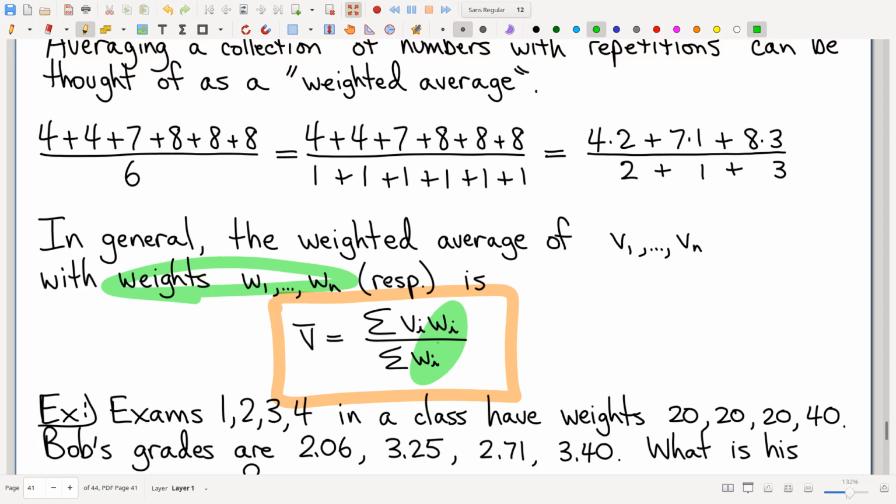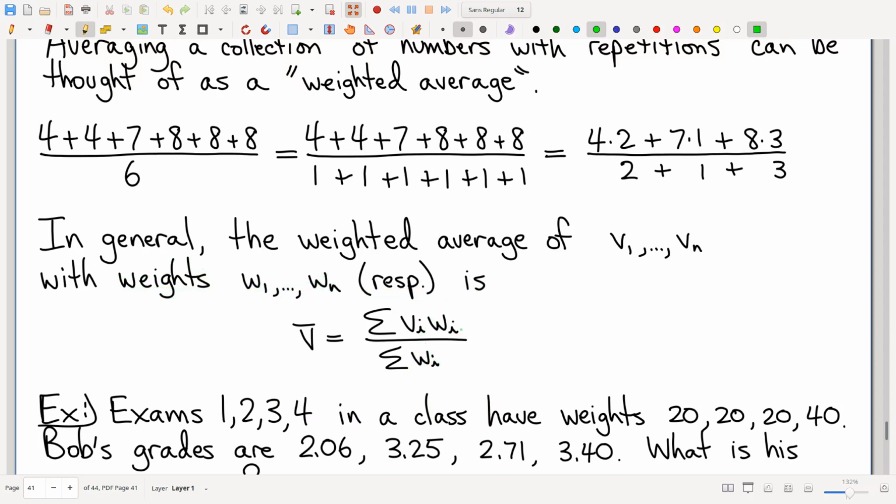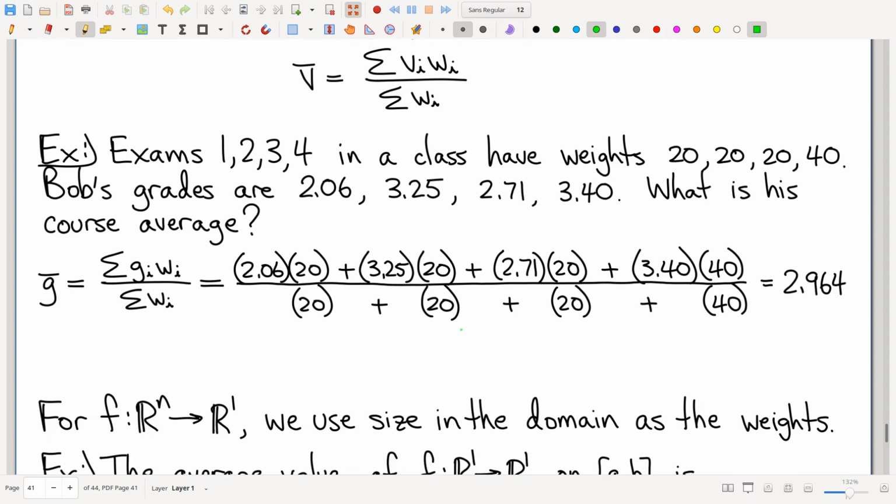Right? So we've given ourselves this additional flexibility. The weights don't have to be counts. They can just be weights. They can just be numbers. So this next example, y'all might recognize, is closely related to how we're going to do course averages, class grades